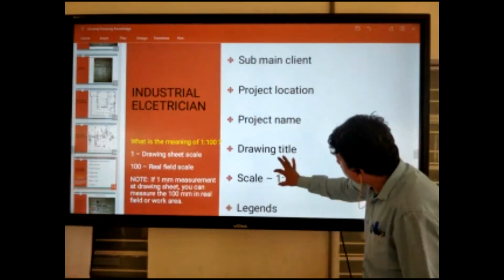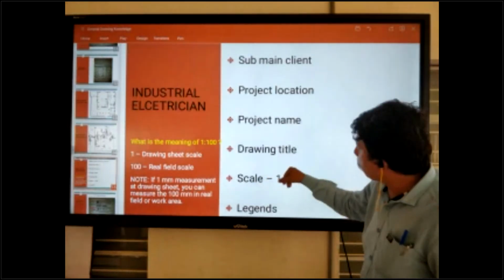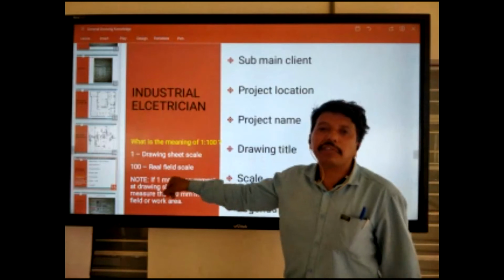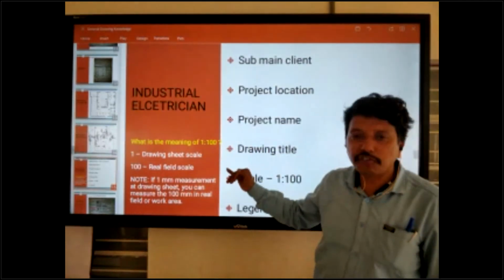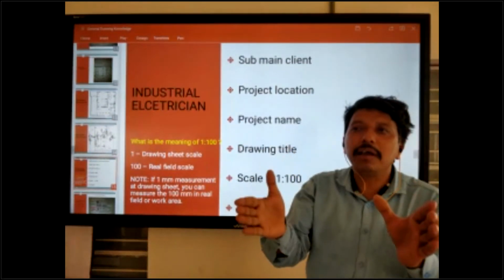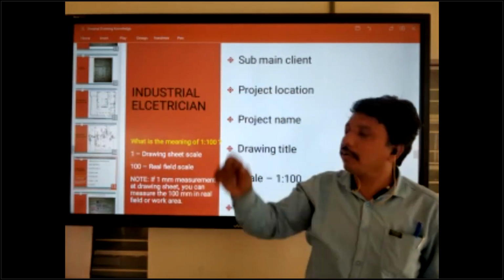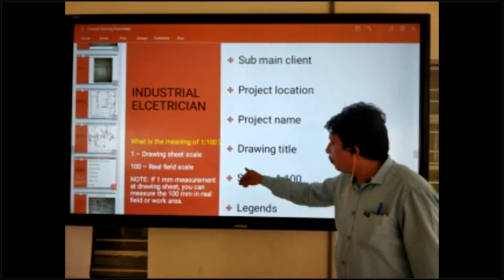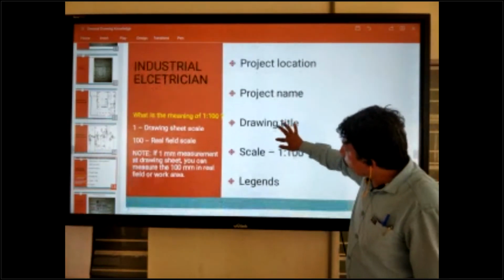So you check the drawing measurement scale, and then as per your scale you utilize it in the field. First you measure in your drawing sheet how many mm it comes to. After that you utilize it in the field as per the drawing scale. Okay, this is important for you.